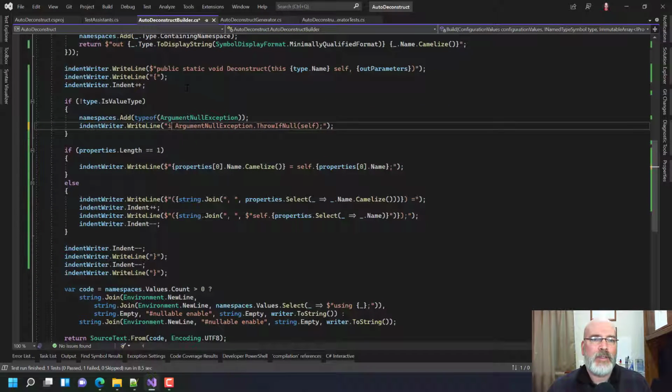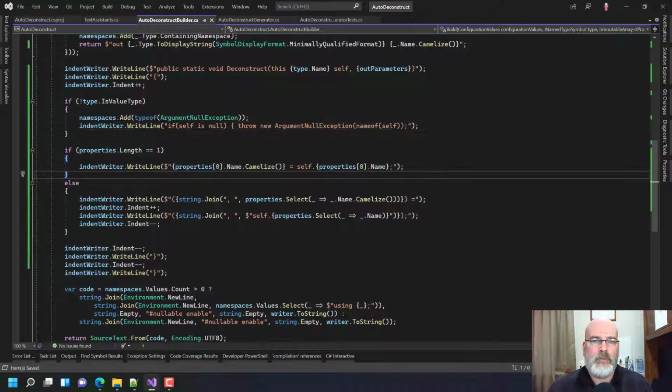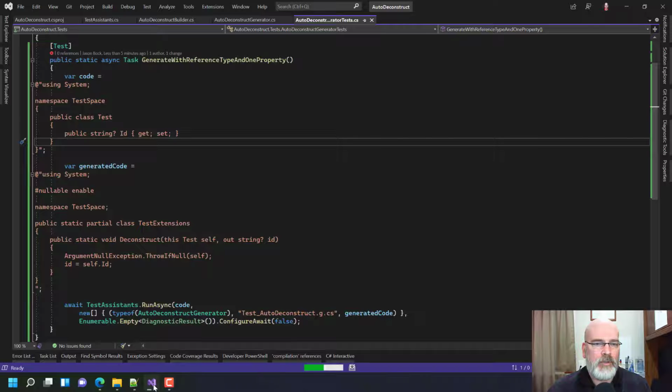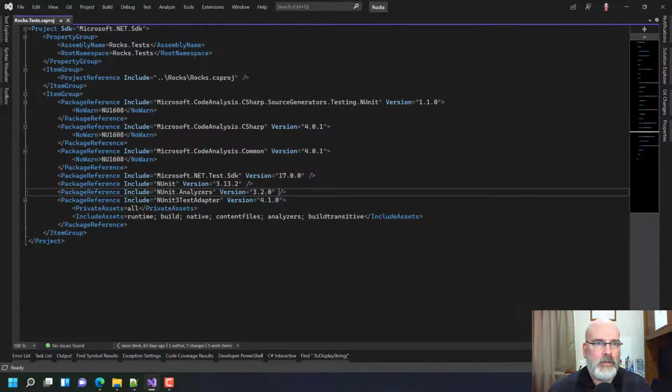We're going to say if self is null, throw new ArgumentNullException(nameof(self)). There. Oh, and then you're going to need that. So that's all still in one line, which is fine. I still don't understand why it's getting complainy about the